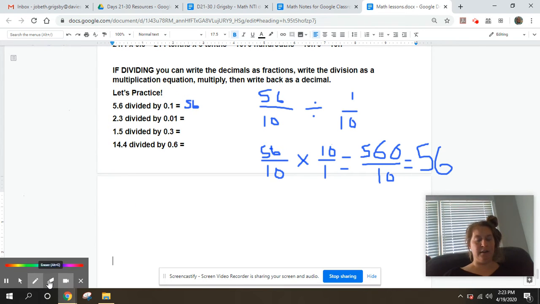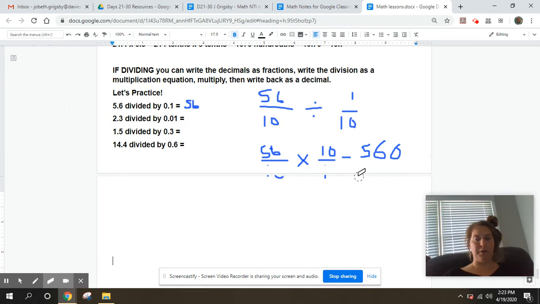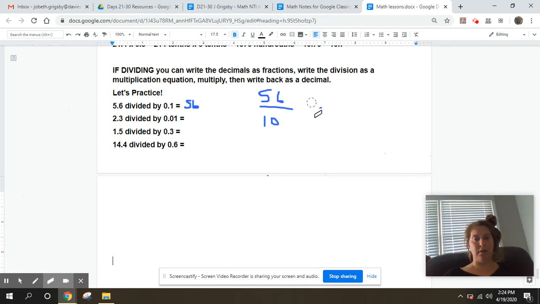Okay? All right, let's try another one. Let's see if you can do one. Why don't you try the second one? So remember to write 2 and 3/10 as an improper fraction. If you write it as a mixed number, you're going to have to turn it into an improper fraction. But we learned how to write decimals as improper fractions. So that's what I want you to do. I want you to write 2 and 3/10 as an improper fraction. If you need an example, I'll leave this up. 5 and 6/10 is written as 56/10. So 2 and 3/10 will be written as